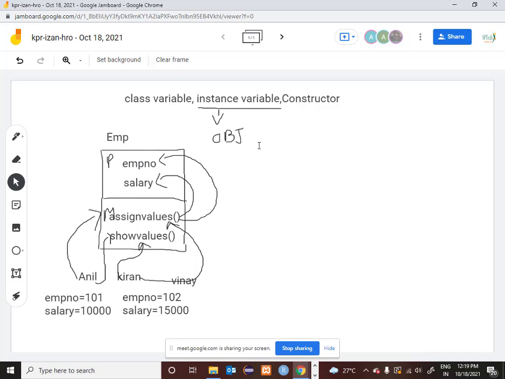Tell me. So here, both the methods are related. So basically, only after assigning values, we can show values, right? Exactly. So is that how it is going to work? I mean, in every program, let's say there are two methods, do they always have to be interlinked, or how does it work? See, it depends on what problem you are solving. Suppose you do not want to show the values, if you just want to assign the values, then eliminate the second one. You can always show the values from a different class after it is inherited.